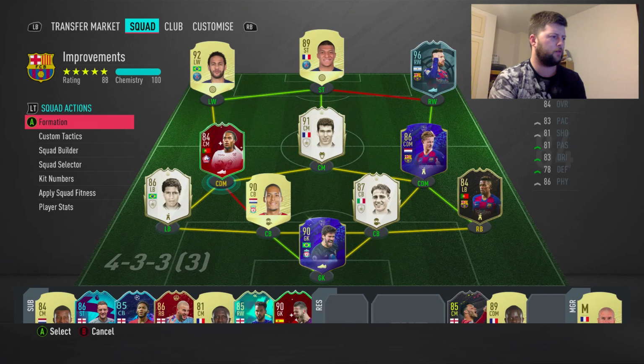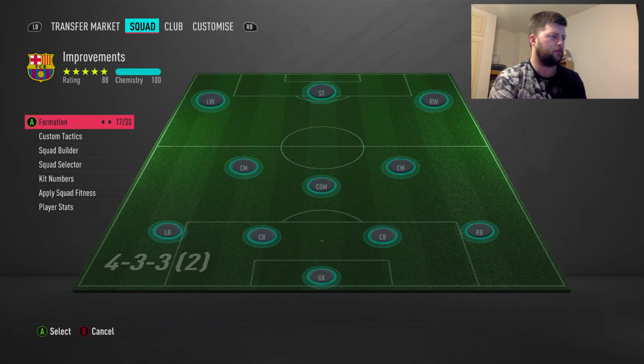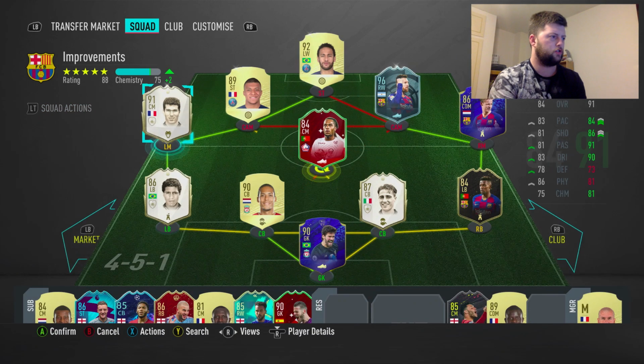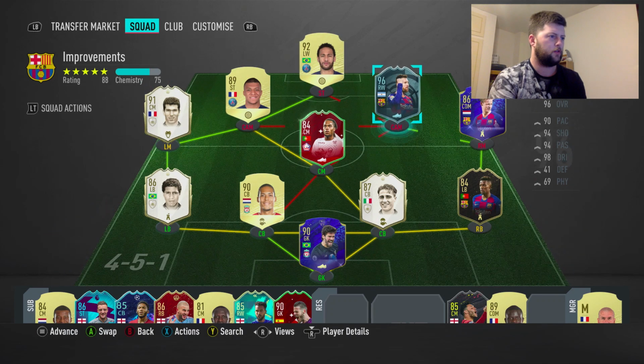So, what can I do formation wise? That doesn't do anything for me. He needs the full chem realistically. So, how do I get him in this formation? What about that 4-5-1 that I was just in? Surely if I put you...